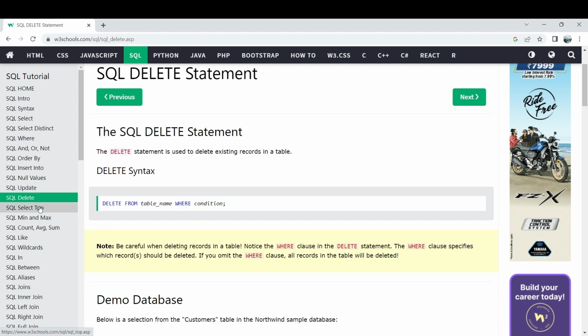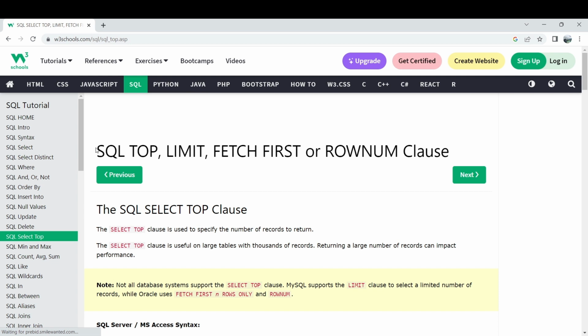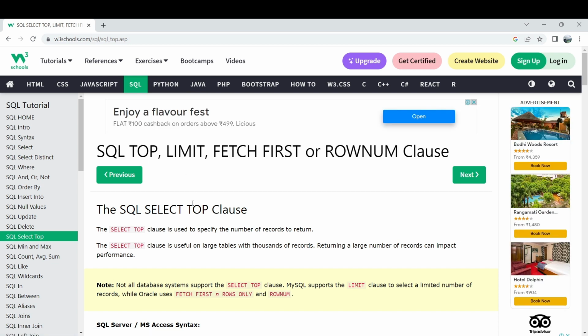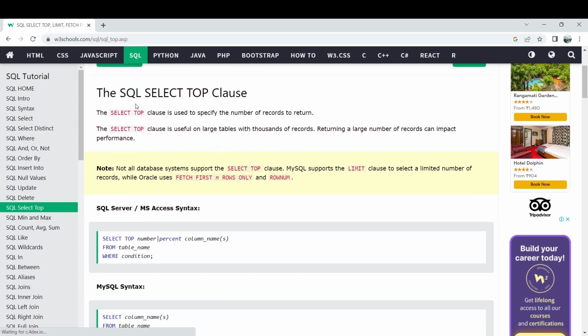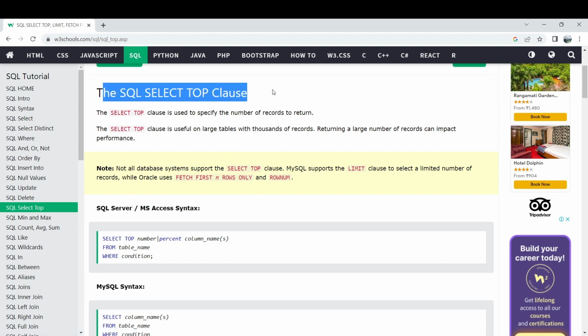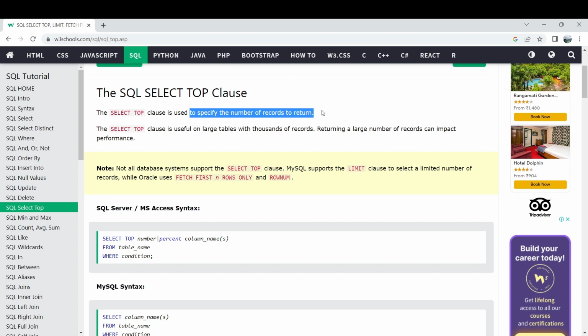Now we will go to the TOP clause. This is really important, and here you will learn a lot of things. When do we use the SELECT TOP clause? The SELECT TOP clause is used to specify the number of records to return. Now, if I go to SQL,